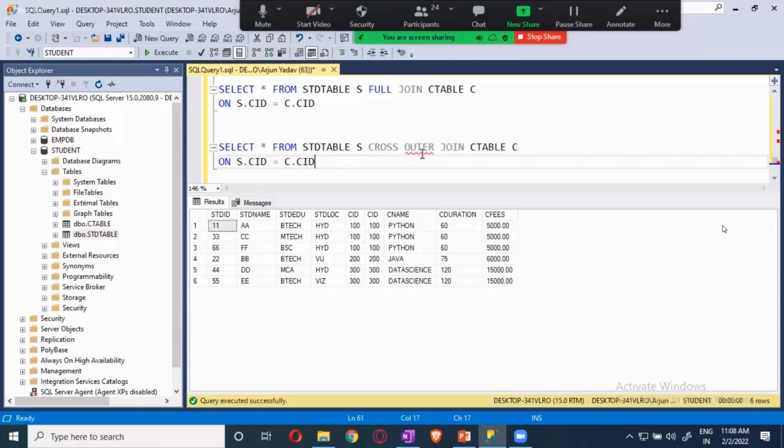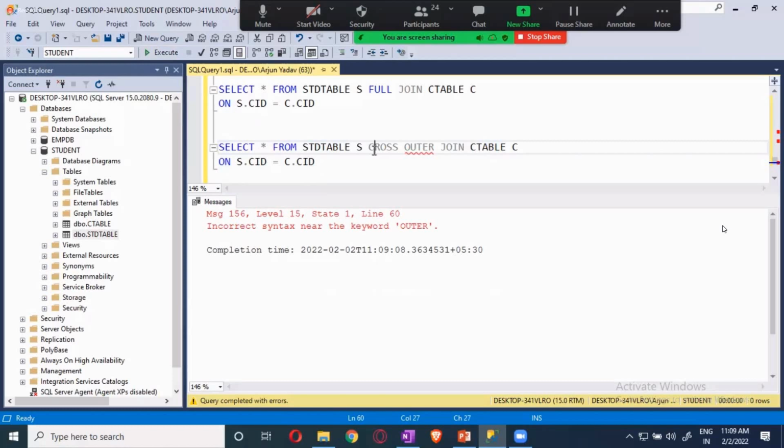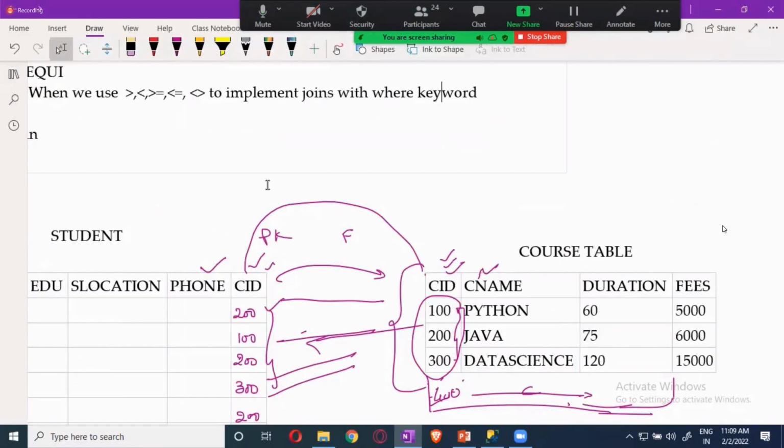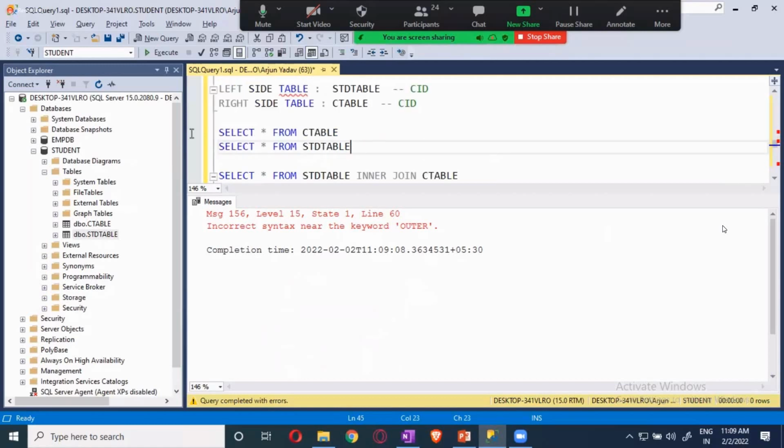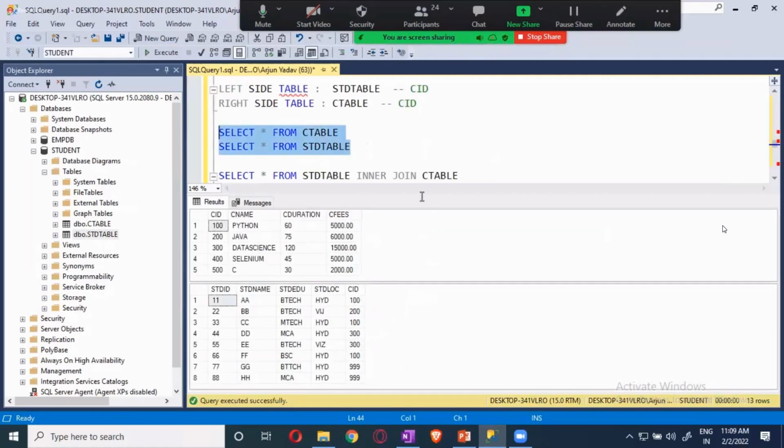Some of them are not supporting this. Let's see this. Let me get this one, guys. Okay, I told you this again, right? If you have two tables over here, let me get it over here only. I don't know why this is not supporting. I think we will not use it anywhere.